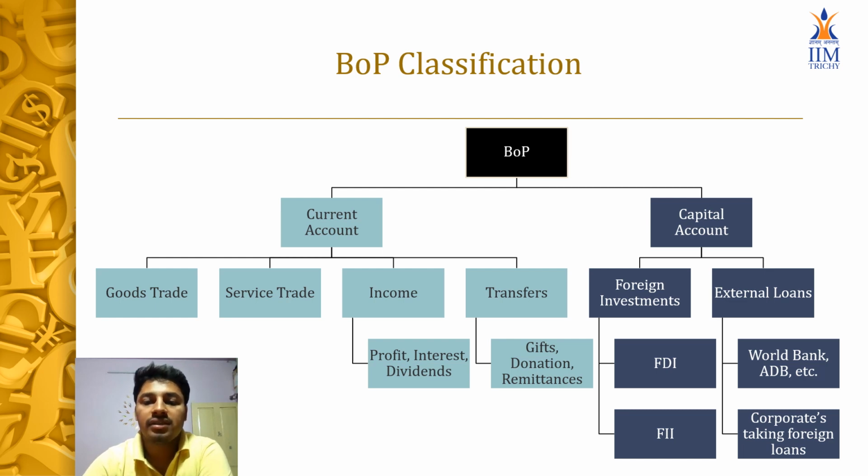The capital account consists of foreign investments and external loans. Foreign investment can be categorized into two parts: FDI and FII. If the investment is more than 10% in a company, it's categorized as FDI, which helps in increasing R&D and technology input, and FII is for investment purposes. External loans are those taken by the country from the World Bank, Asian Development Bank, etc., and by corporates taking loans from foreign countries